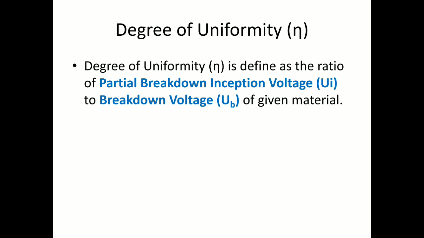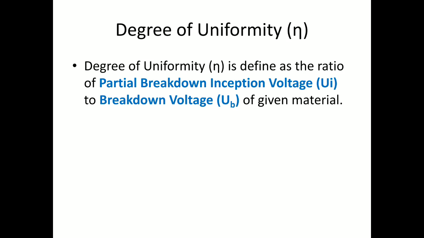So in that case, whatever the voltage, for example in this particular case 33 kV per centimeter for air, will act as a breakdown voltage. In the same way, partial breakdown inception voltage is nothing but the applied voltage at which, somewhere inside that material, the process of breakdown starts because of irregularities or some defect during the manufacturing of that particular material. That voltage is called the partial breakdown inception voltage, and when a complete breakdown of that material occurs at the applied voltage, that voltage is called the breakdown voltage.